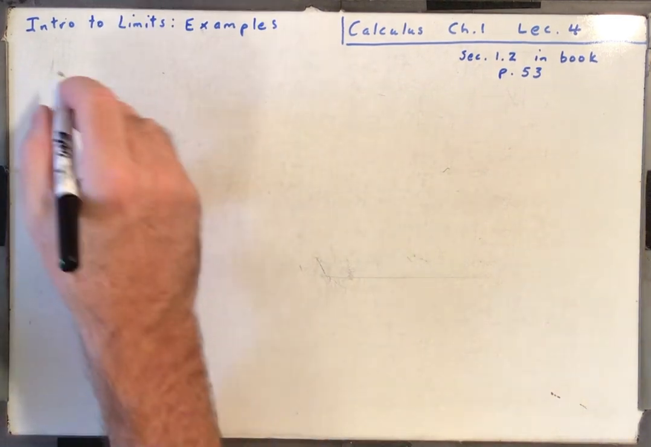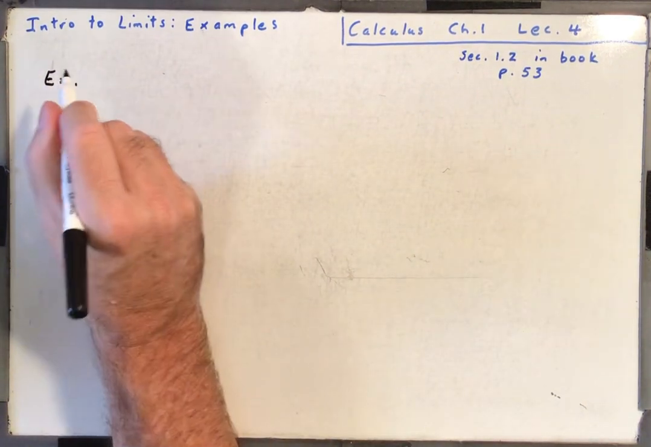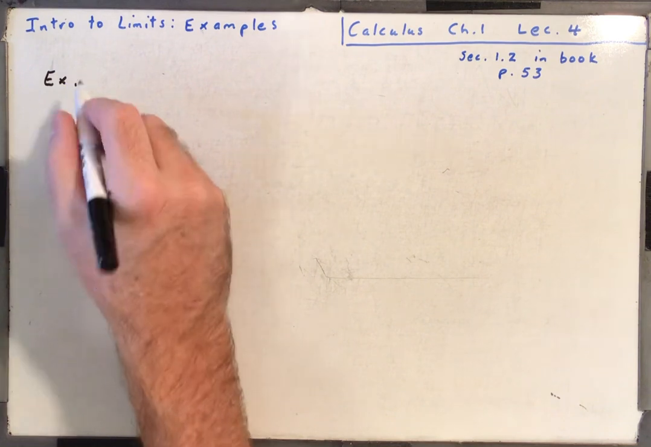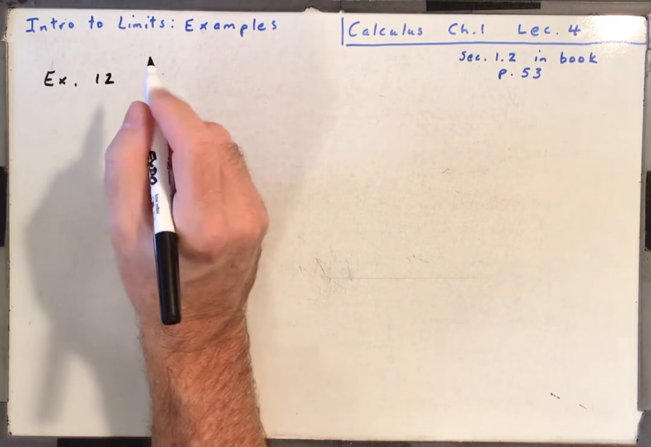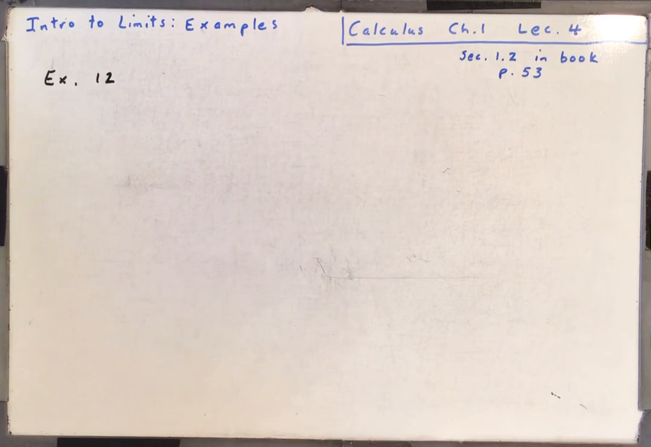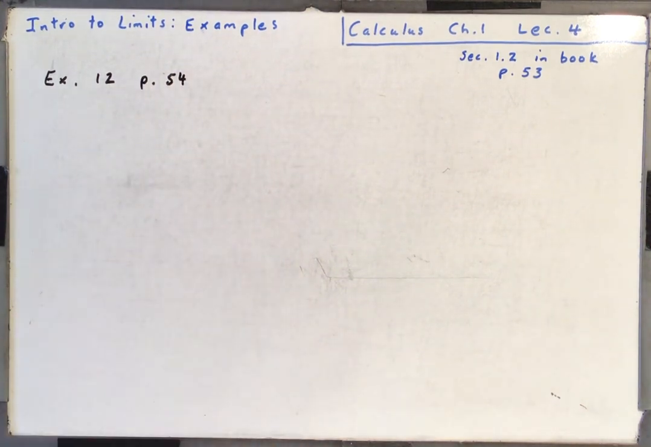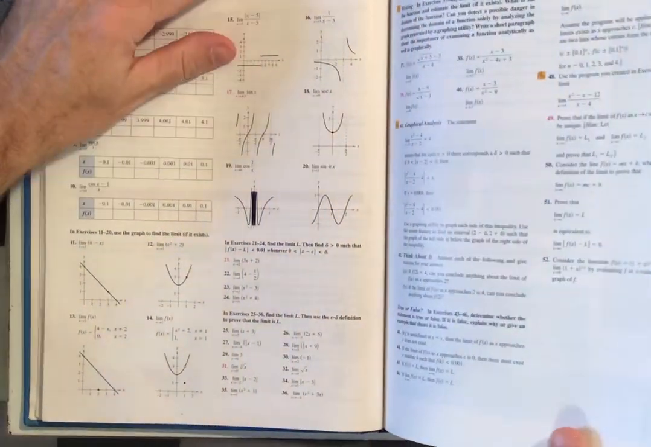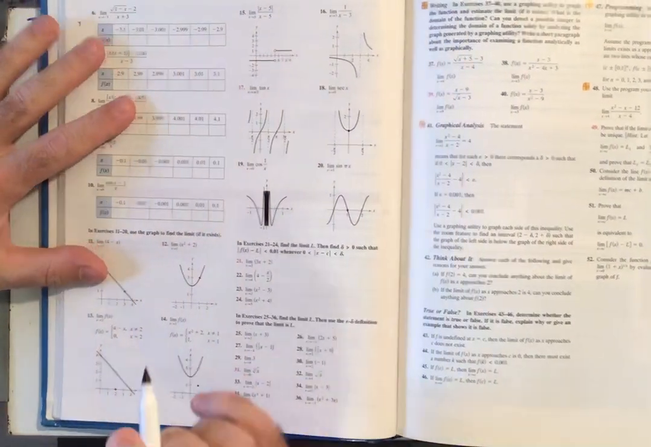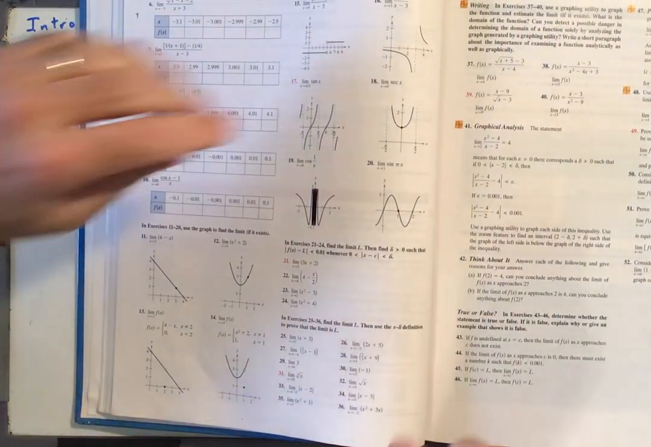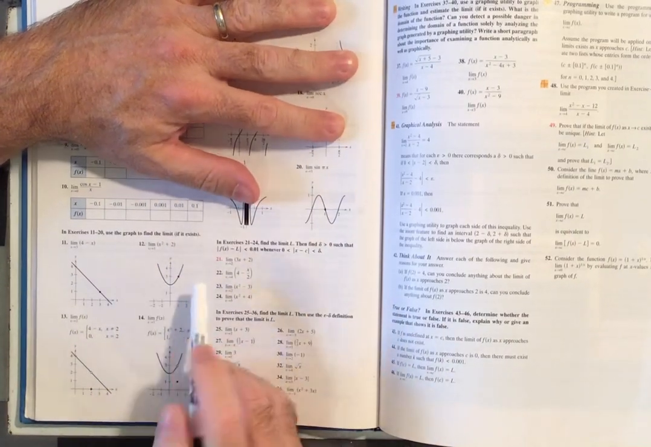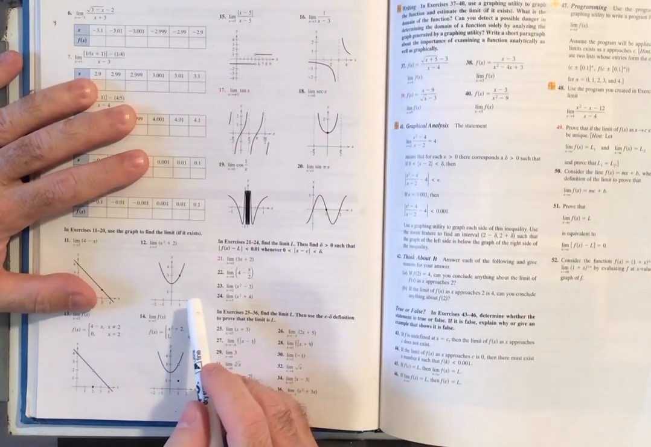Okay, our next example is going to be number 12. So the next few, we're just going to read the graph from the book. Okay, so we're on page 54. Okay, I hope you can see this pretty well. All right, example 12. It says use the graph to find the limit. Okay, so we're not going to do anything mathematically. We're just going to